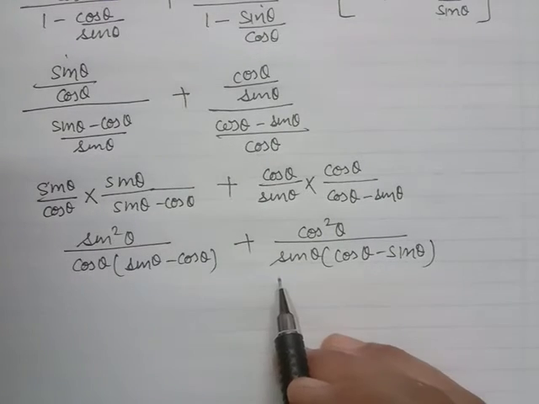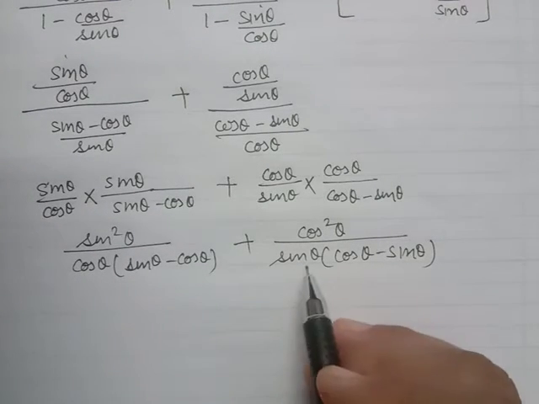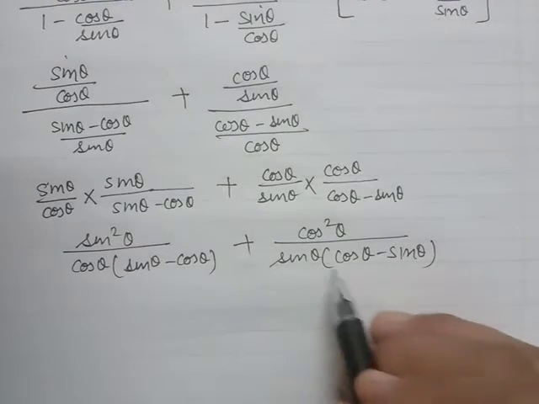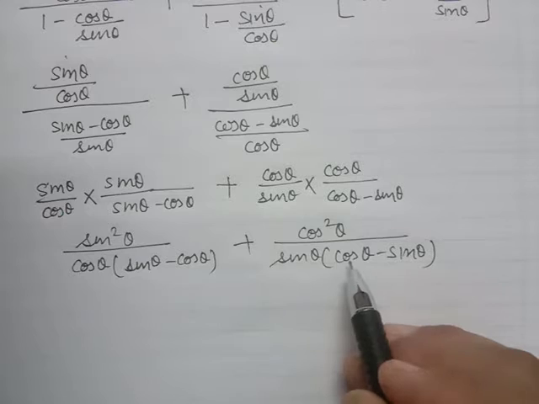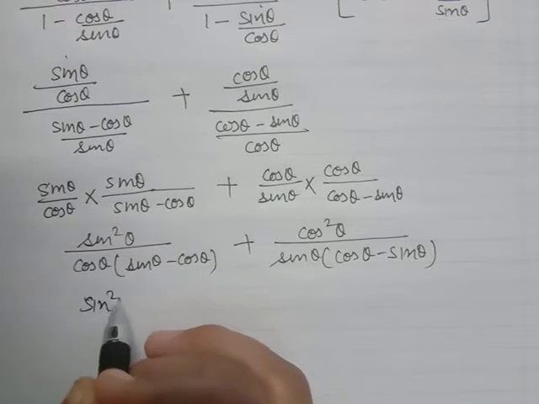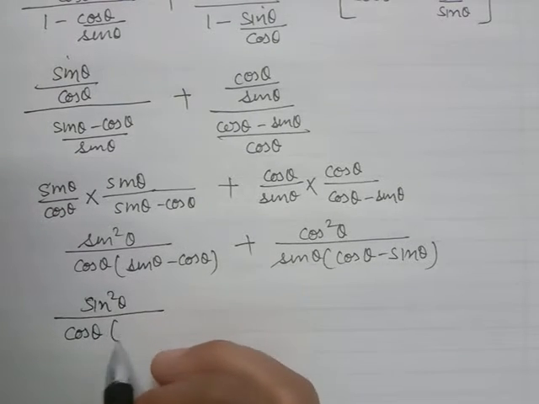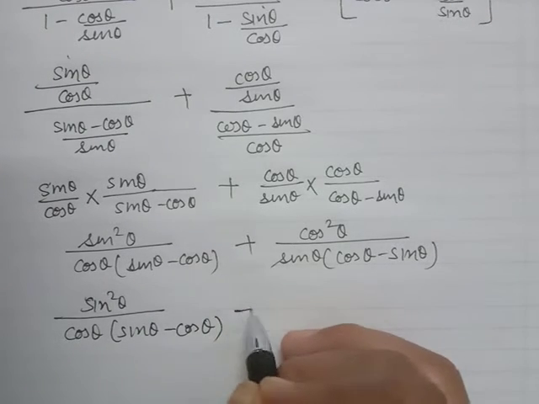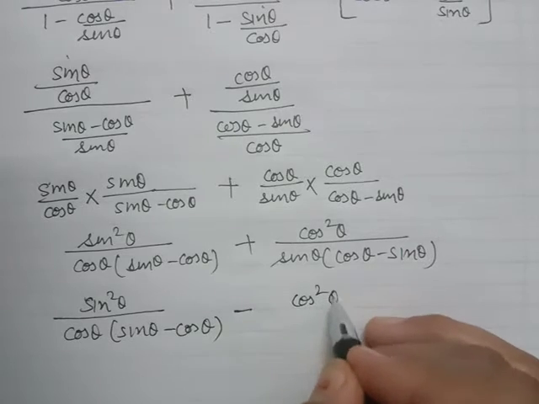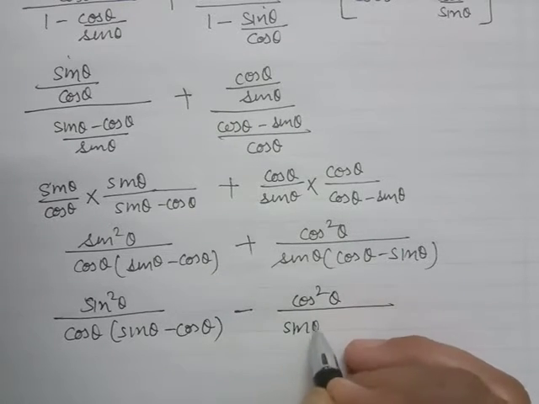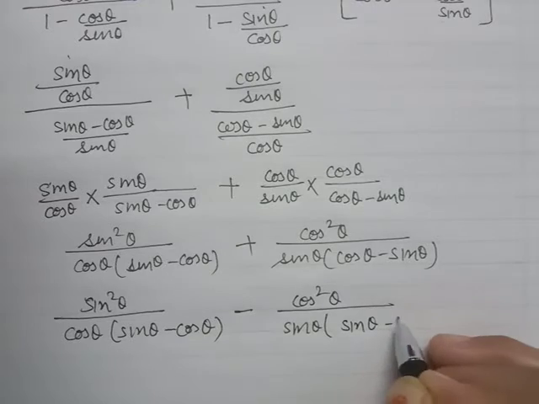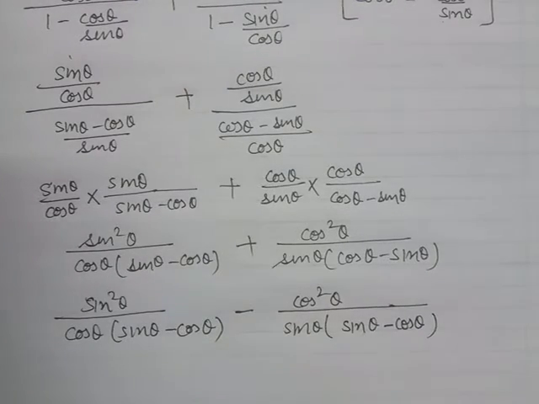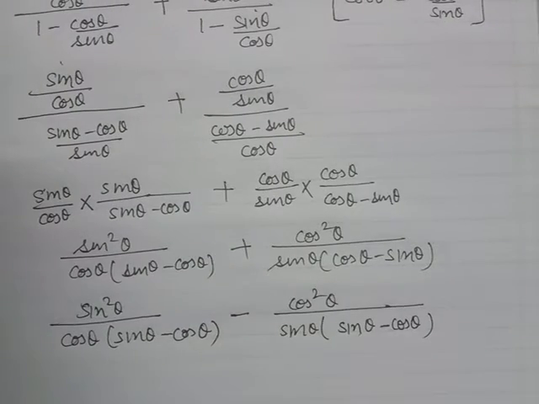If we have to take the LCM, what is the difference? Here is cos theta, sin theta minus cos theta and cos theta minus sin theta. So if we take common from here, then it will look like this. So let us take common, this as it is. I have taken the negative sign common. And what will be the effect over it? It will become this positive and this negative. After taking common negative, their signs will be interchanged.